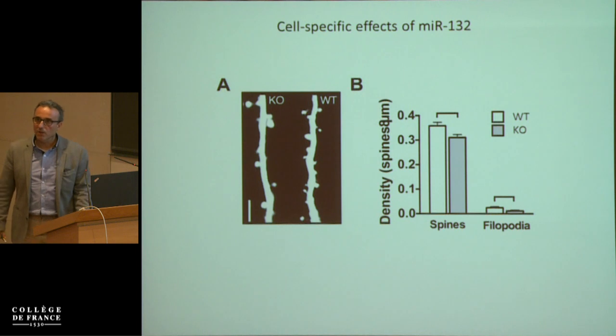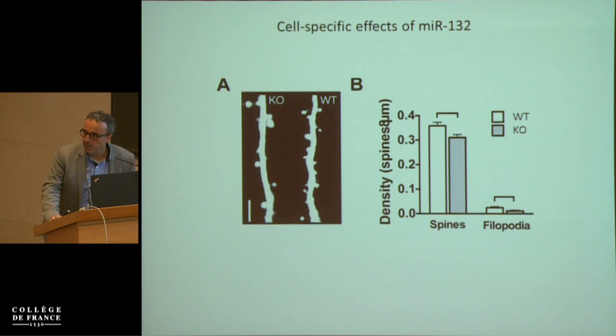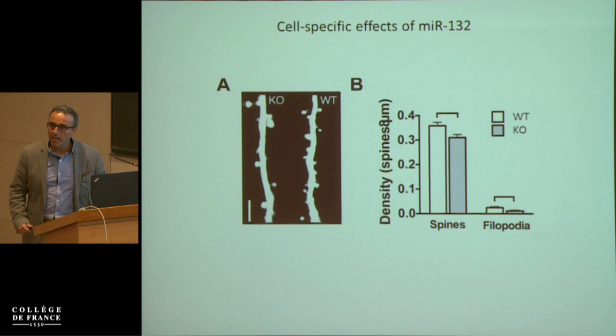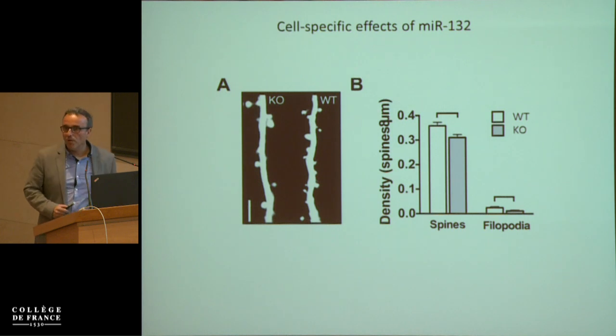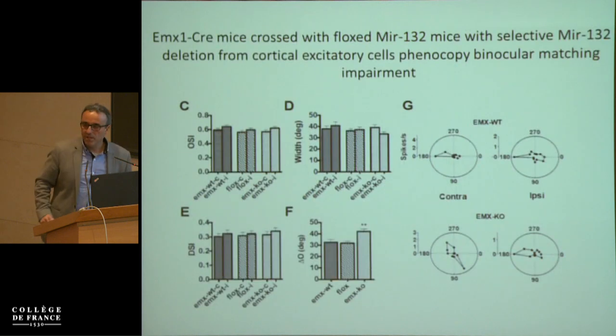And finally, we ask, okay, what could be the cell type in the visual cortex involved in this effect of MIR132? Previous work by Josh Wang has shown that this microRNA is more expressed in excitatory cells. I'm sorry, this is not really the parvalbumin-related data for this meeting, but it's more expressed in excitatory cells. We also saw a small but significant reduction in spine density in pyramidal cells, of course excitatory, but then we decided to analyze the phenotype of